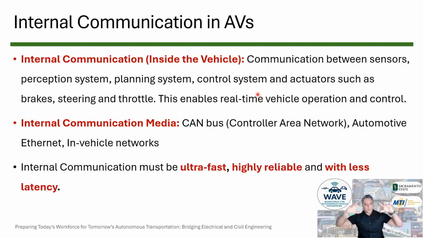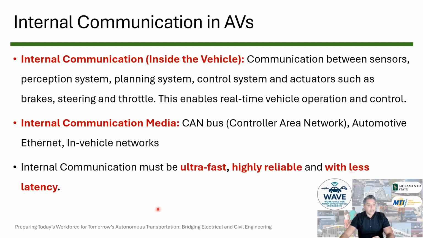So all the parts that we talked about before this lecture, the individual work of sensor fusion and the control system, are now all connected through communication. And it's mainly through cable because that communication has to be super fast and reliable